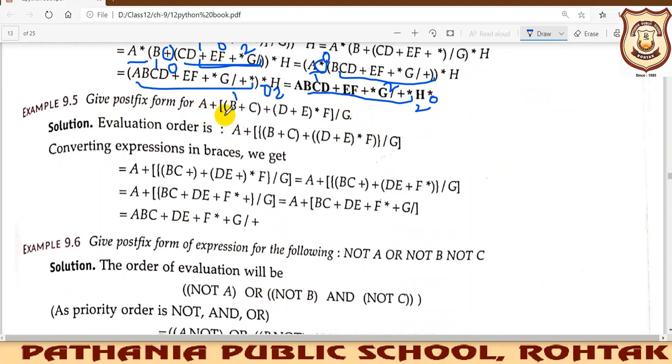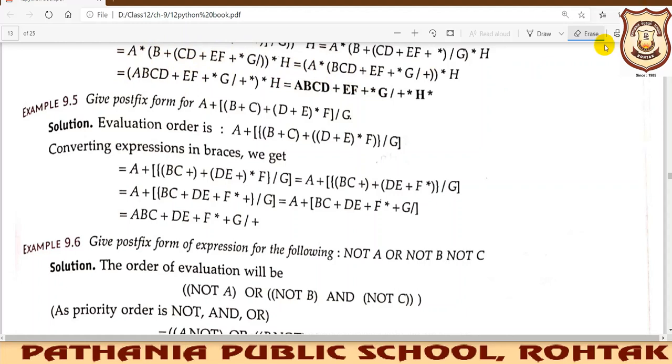Next question is AB plus BC. So again we need to put brackets. Before putting brackets we must look into where we should put them, and that should be on the basis of which part of the expression has to be solved first. You can see two brackets are there, this bracket and this bracket. So these two brackets will be solved first. After that you can see plus is there and multiplication is there. Which part will you solve first? Obviously this part. So you can put a bracket here.